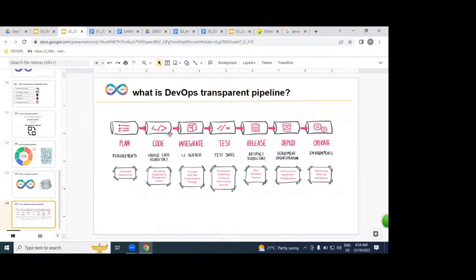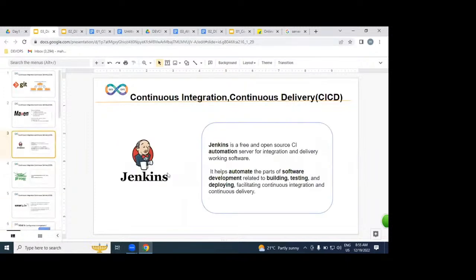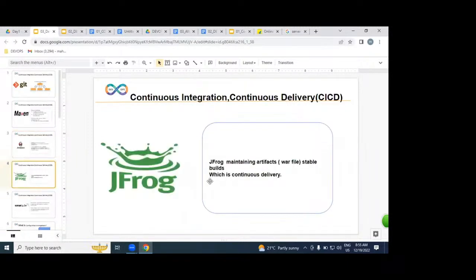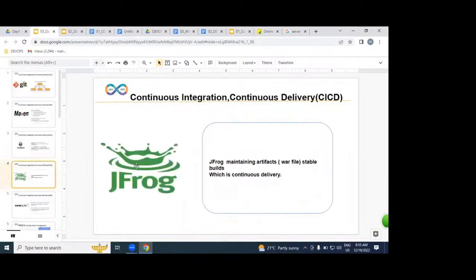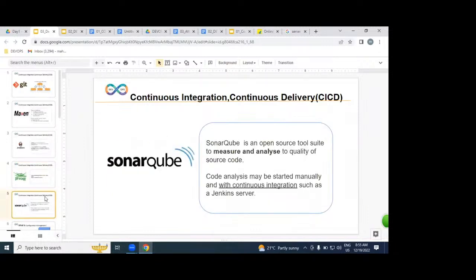Once it is automated, we hold our working software in release. The release is nothing but what? It is done using JFrog. JFrog is nothing but release. And we are going to learn Sonar. Sonar is a code analyzer. It is an optional tool, but we are going to discuss it. Using Sonar, whether developers are following standards or not, it will verify and give statistics and reports.